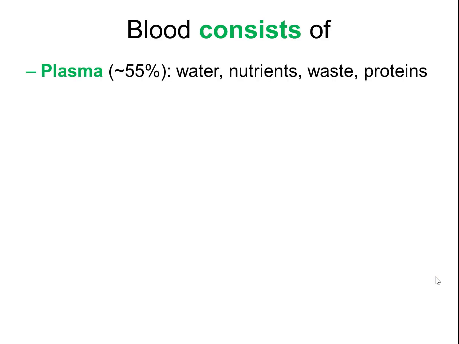So blood consists of 2 main groups. One is called plasma. Plasma is about 55% of your overall blood, and it contains mostly water. Of that 55%, about 90% of it is water. In that is also nutrients, certain things like